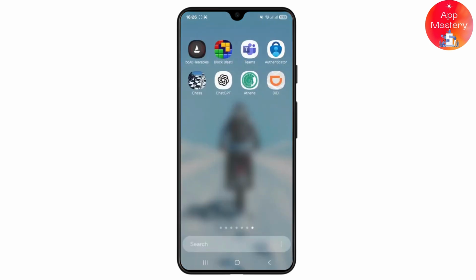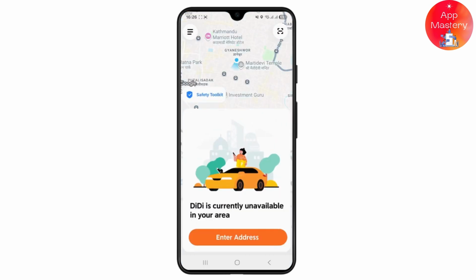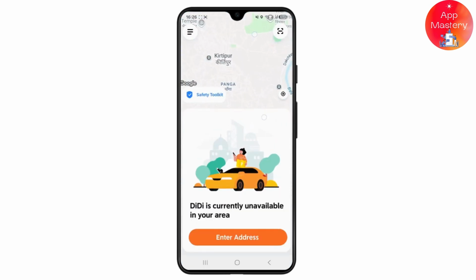In this quick tutorial I'll be discussing how to rate your driver and give feedback in the DiDi application. So let's get started. First thing, simply open up your DiDi application and make sure you're logged into your account. And after your trip ends, let's say you have already booked a trip and your trip just ended,